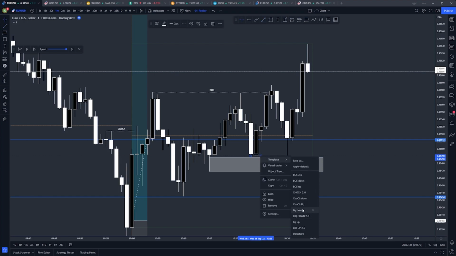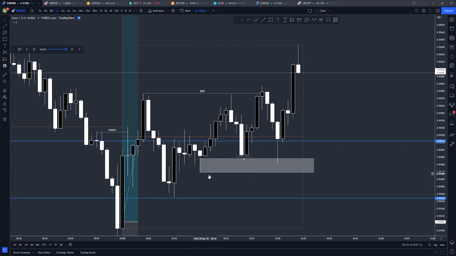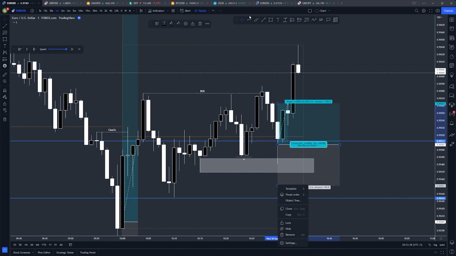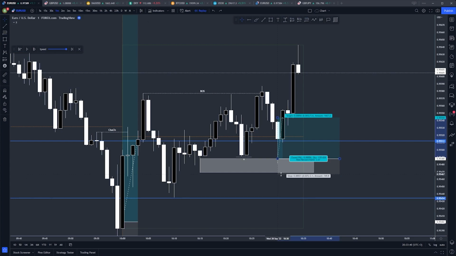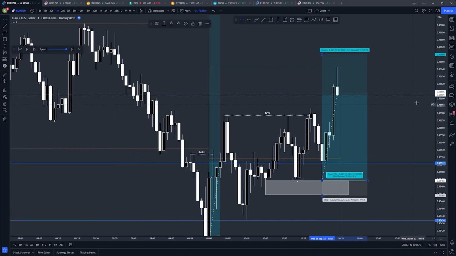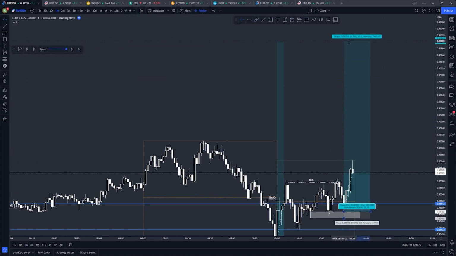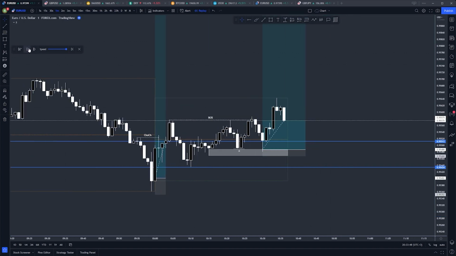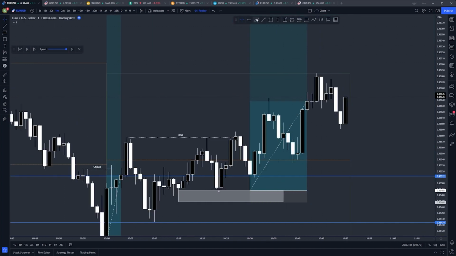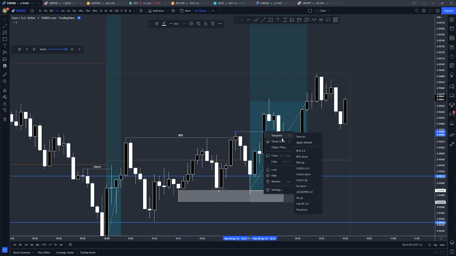So this acts as liquidity and inducement to that POI. So that was another good entry, another good re-entry if you couldn't execute first. But that was like a 2 pip stop loss, targeting again 0.96. But if we follow price action, what we can see is price makes a new break of structure, okay, and